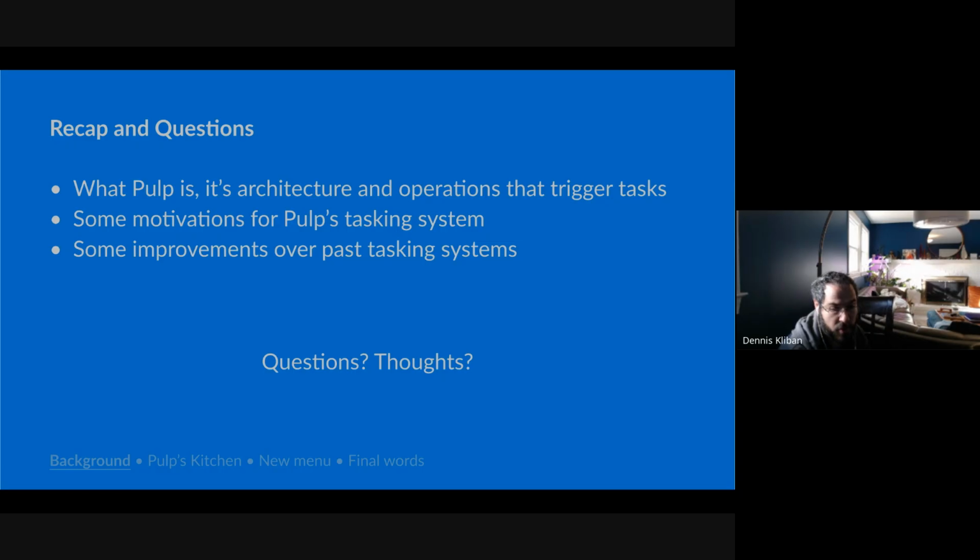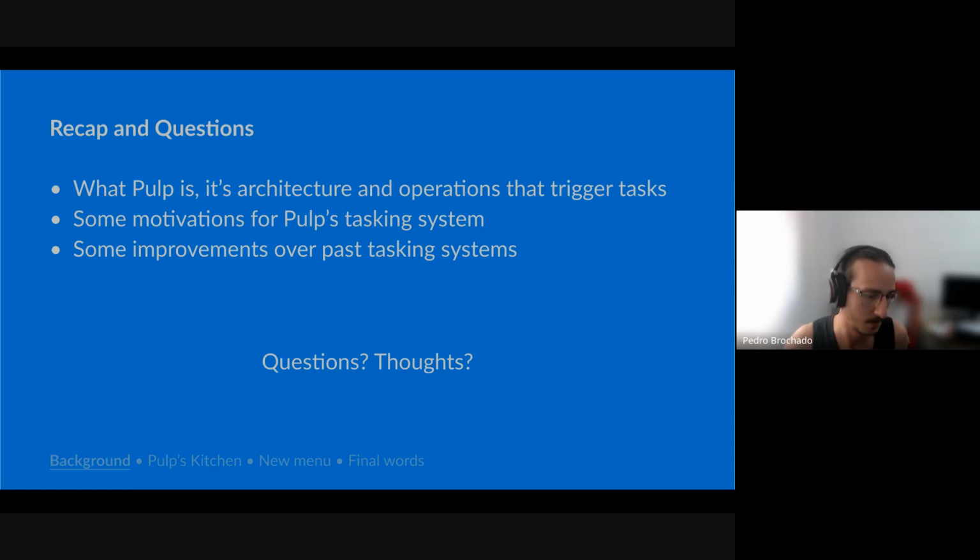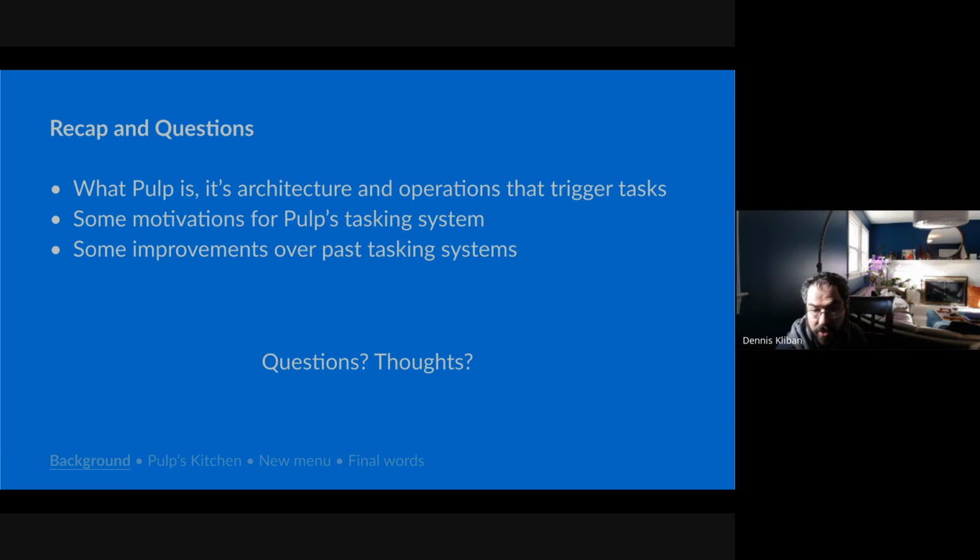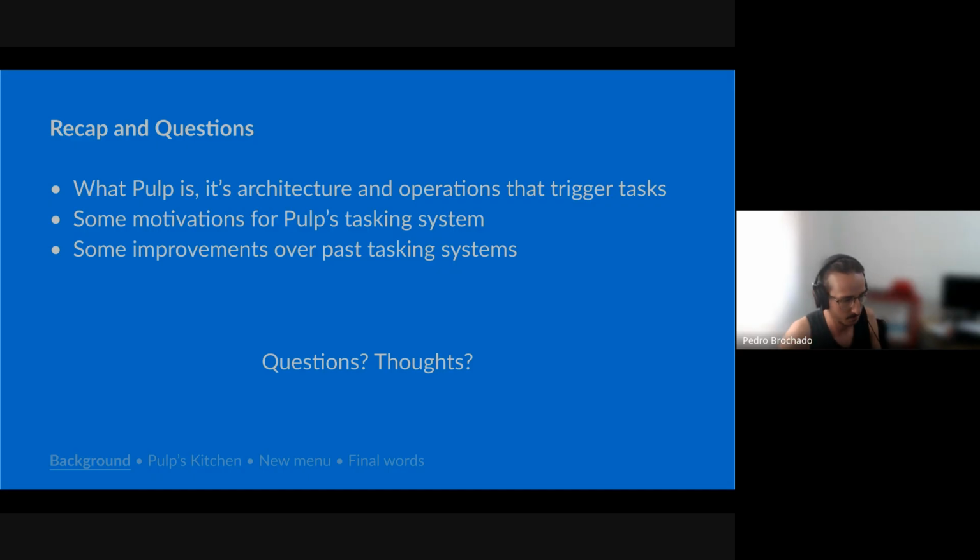There are some shorter running operations that also end up getting performed as tasks. That is also to ensure that they occur in the order that they were received. I can't right now think of the exact short running or immediate tasks that we do. Update repositories, update remotes. Yeah. Thank you.